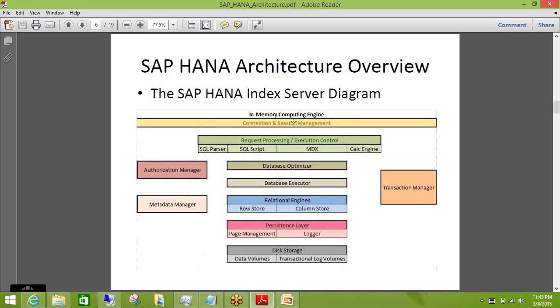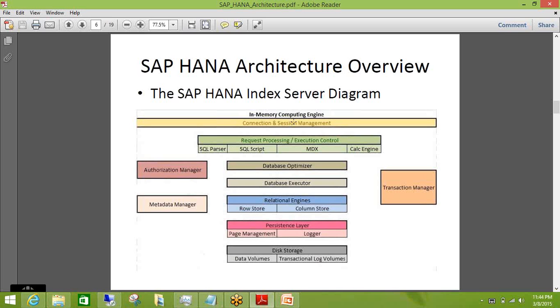There are different naming conventions for the same in-memory database. In the index server, you have connection and session management. Then you have a second area called request processing and execution control. It has the major components like SQL parser, SQL script, MDX, and calculation engine.